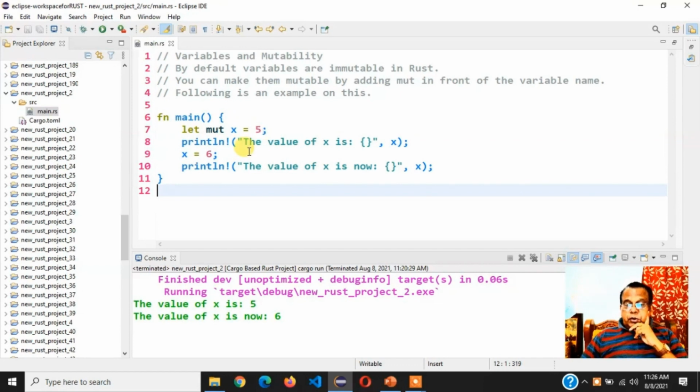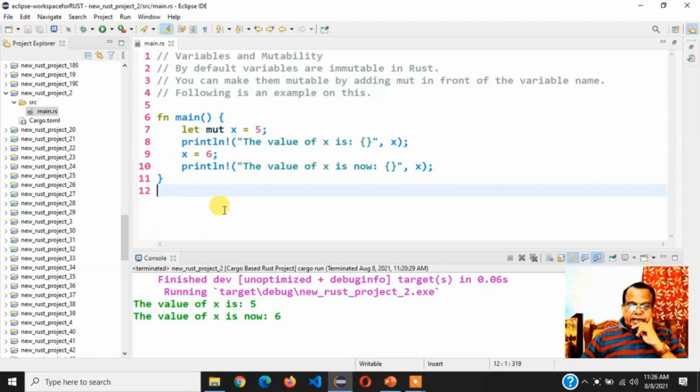We have to use the keyword let in order to declare a variable in Rust. Be very careful: declaring a variable in Rust is done with the let keyword. And as I told you, we use the keyword mut in front of the variable x because we want to make it mutable. So let mut x = 5;